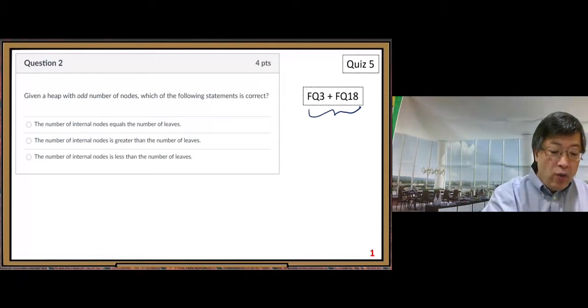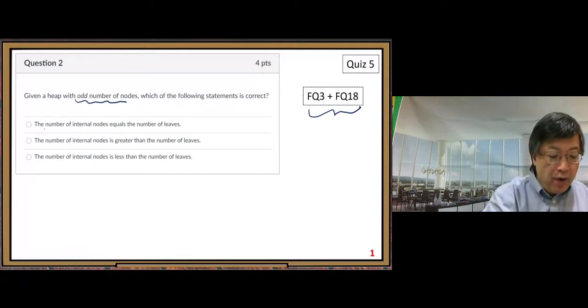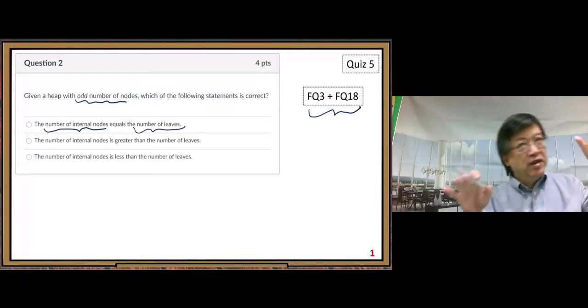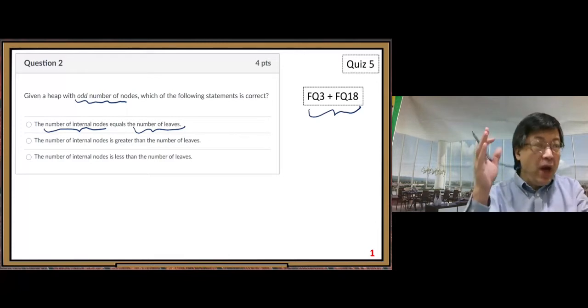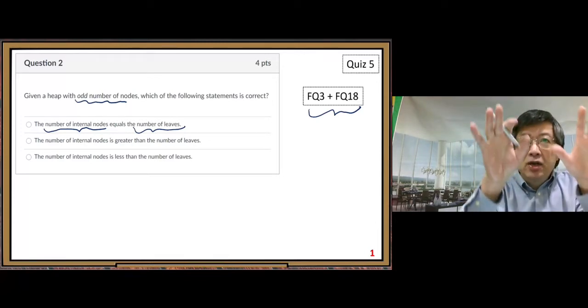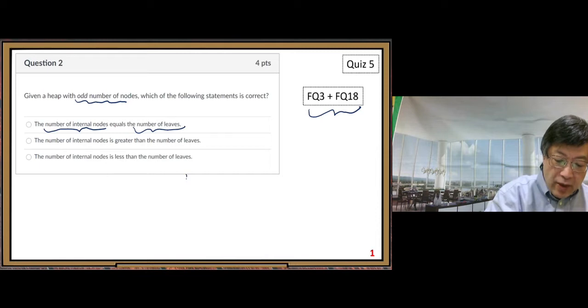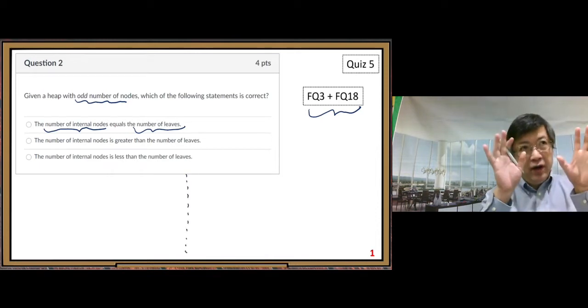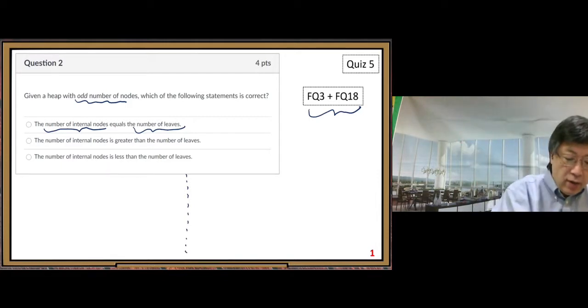Now, given a heap with n the number of nodes, which of the following statements is correct? We compare the number of internal nodes and the number of leaves: greater, less, equal. The answer is very straightforward if we understand the basic structure of a heap. We know there are only 2 cases for a typical heap. Here I just draw 2 examples. One case,